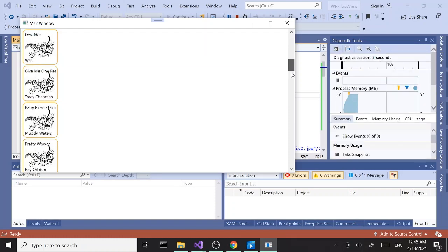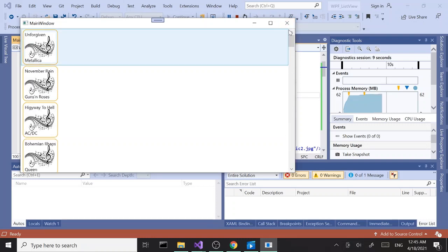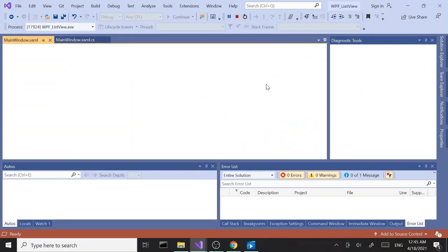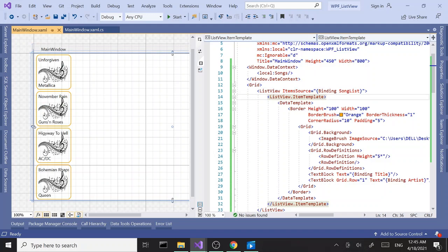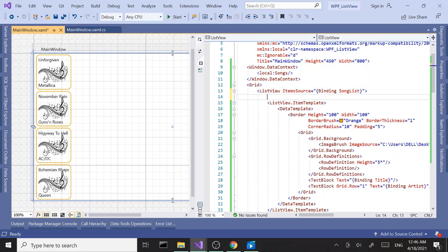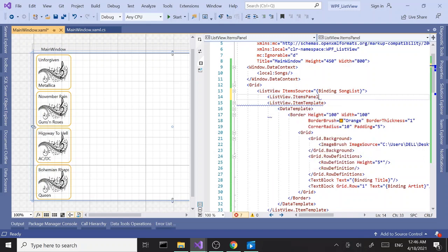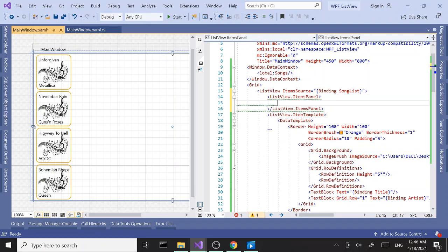Alright, so far so good. But we want to do something different with this. We want the layout to be from left to right versus top to bottom. So instead of scrolling from a regular list box or list view, we want to do horizontal, which means we're going to need to change the items panel. And for that we have to use the property ListView.ItemsPanel, and in here